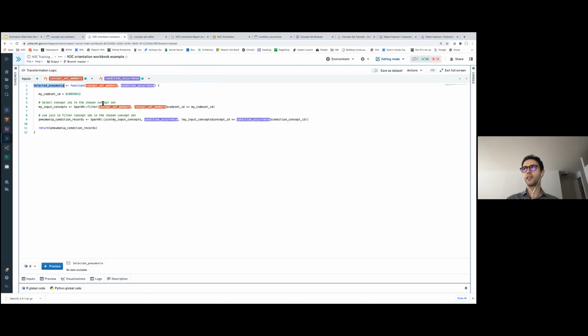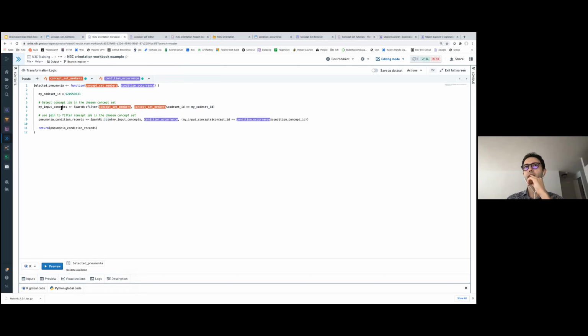It's going to be a data frame, and it's taking these two tables. I'm starting with my code set ID, the non-influenza pneumonia that I showed when doing the Contour example. This is basically just filtering, just like I did in Contour, filtering the concept set member table to this code set ID. And after filtering, I'm performing this join.